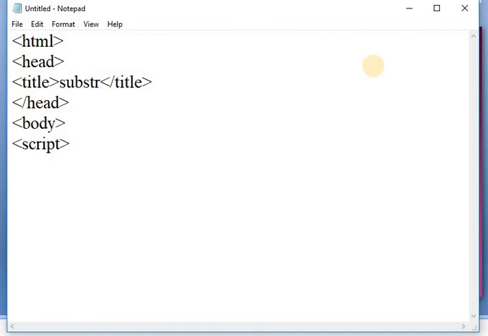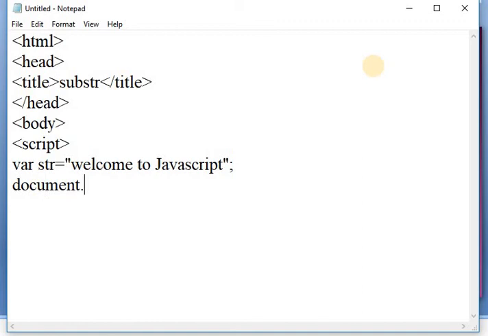In the script tag, first of all, take one variable, that is str is equal to, here I am passing the same string, that is Welcome to JavaScript. After passing this string to str, I am displaying the result of substr, that is document.write.